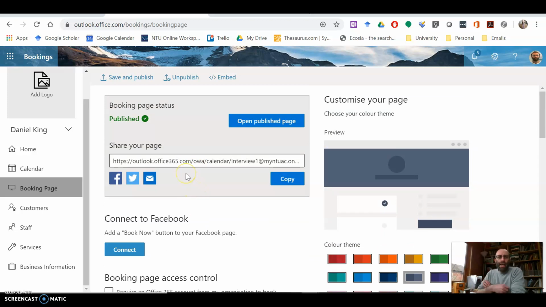So this is a way of setting up and arranging just 10-minute slots, or you can make them any length that